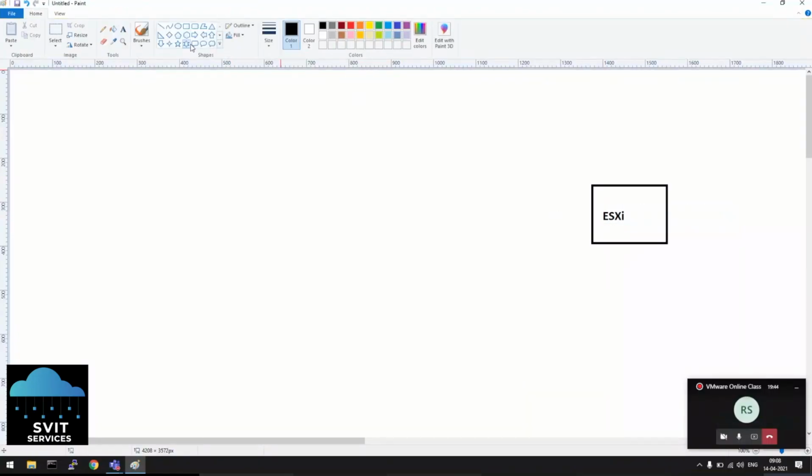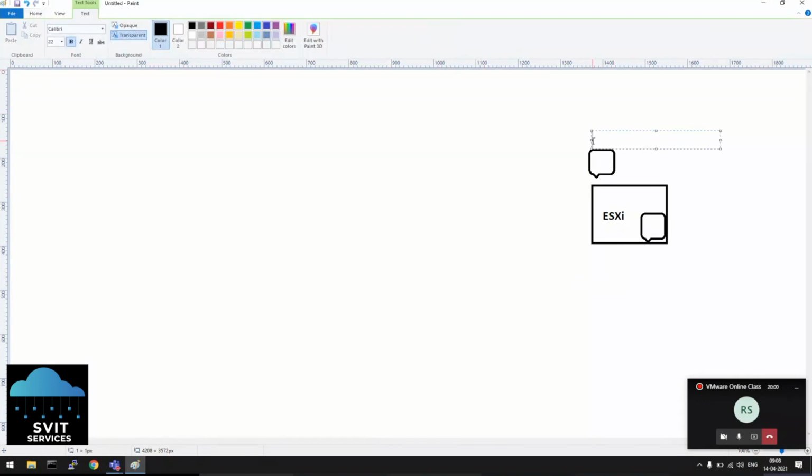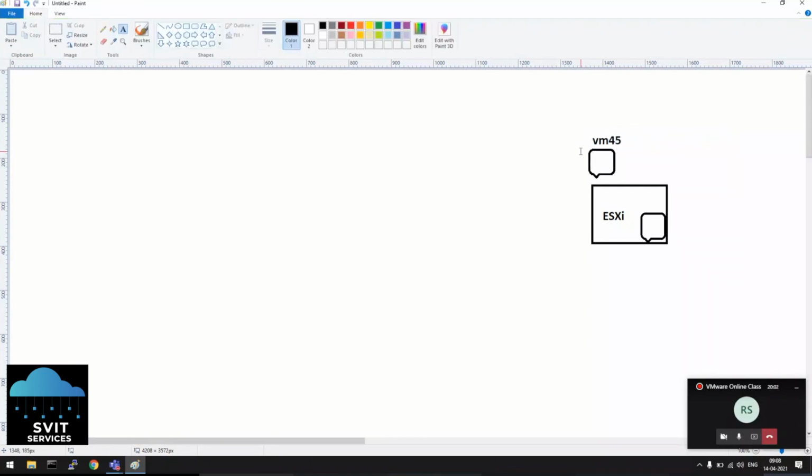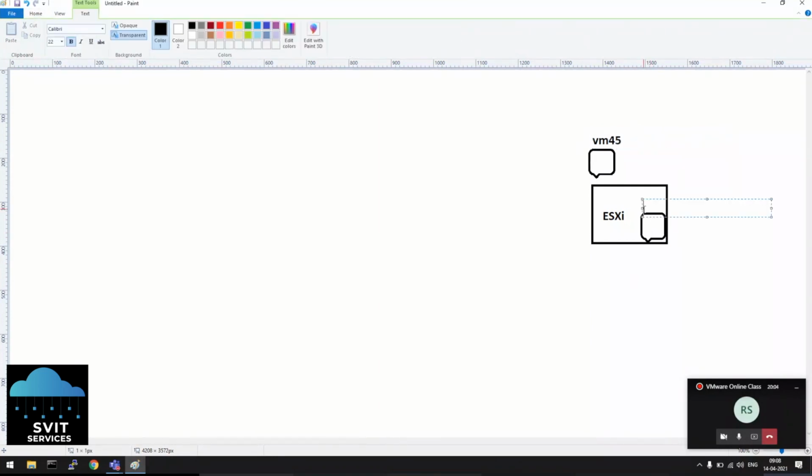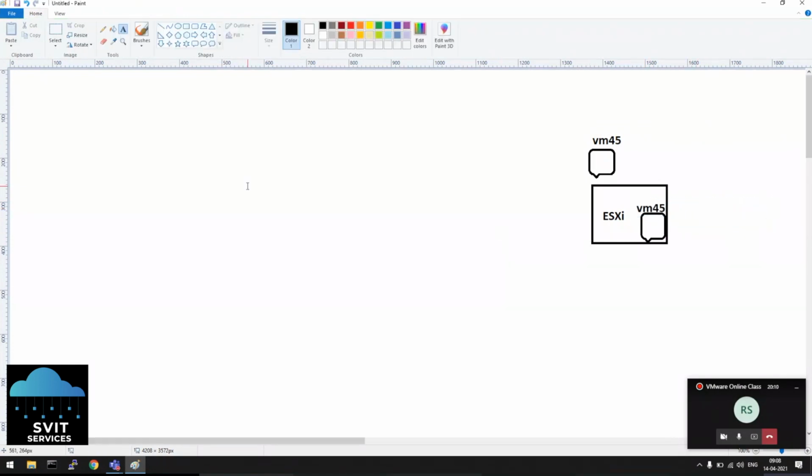Once we create a virtual machine, it acts as a virtual computer. In the ESXi machine's local hard disk, in the location where we have taken the hard disk from the ESXi machine, it will create a folder with exactly the same name as we created here. Let's say VM45. The folder will also be VM45. A folder will be created with the same name and files